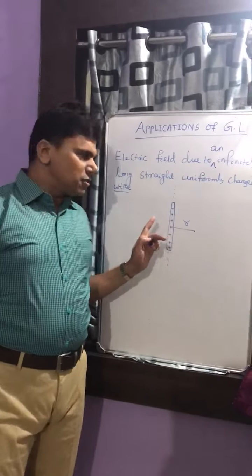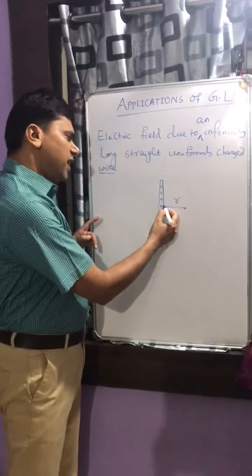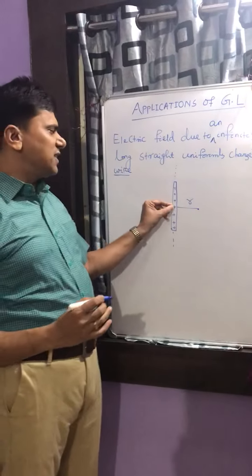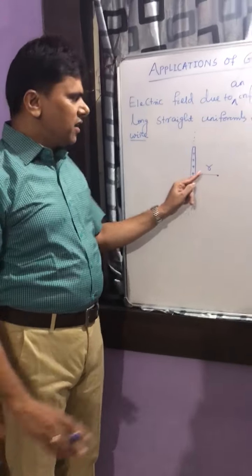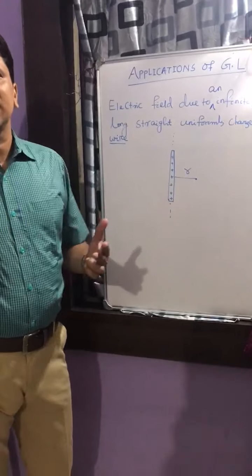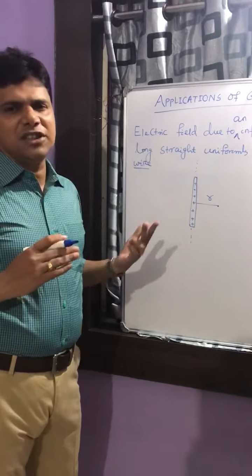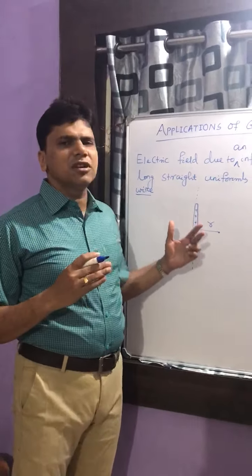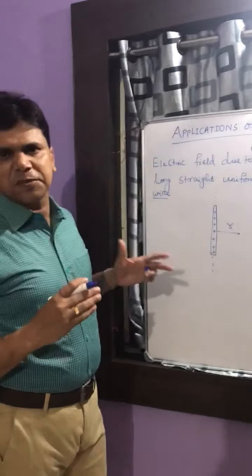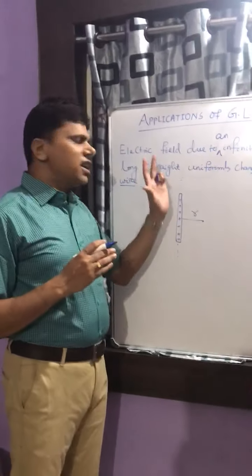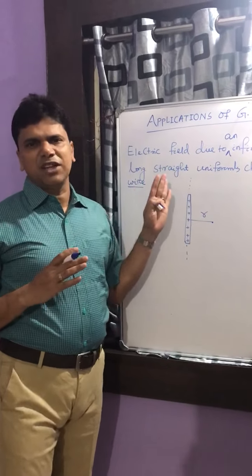Using Coulomb's law also we can find this. How? In that case we have to take very small charges, and each time find the electric field here, and as we all know that electric field is a vector quantity, so we have to add all these vectors to find the resultant electric field at this point. But that is a very tedious process. That is why we are taking the help of Gauss law to answer this particular question.